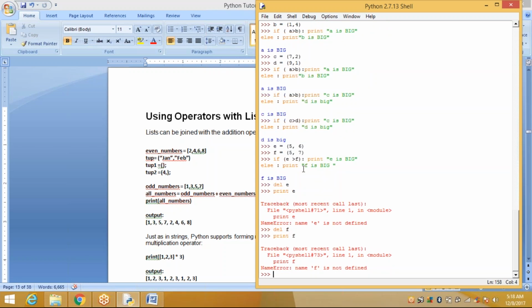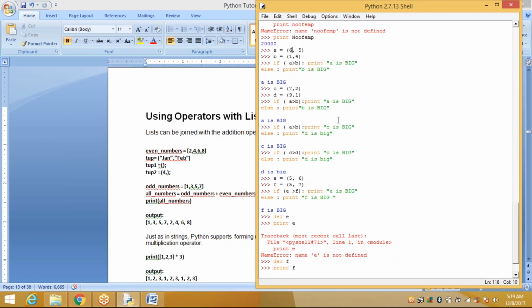We are not deleting the elements of the tuples. Suppose we have C is equal to 7, 2. We are not deleting 2 or 7. If you want to delete the entire value, C or D, it's possible. If you want to delete 2, or 7, or 9, or 6, it is not possible.